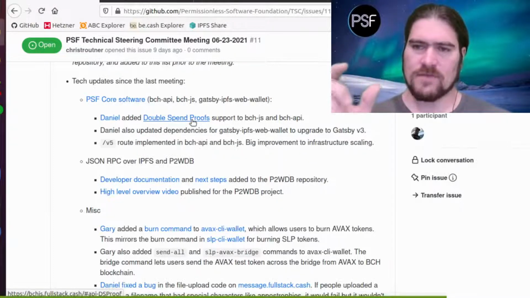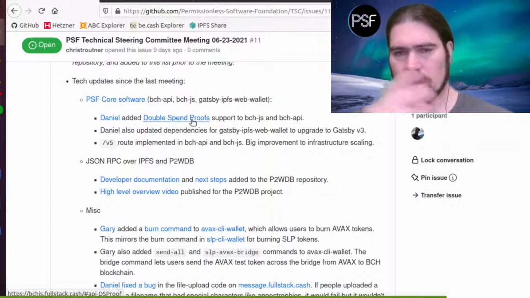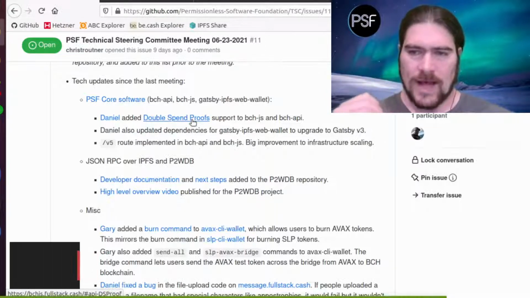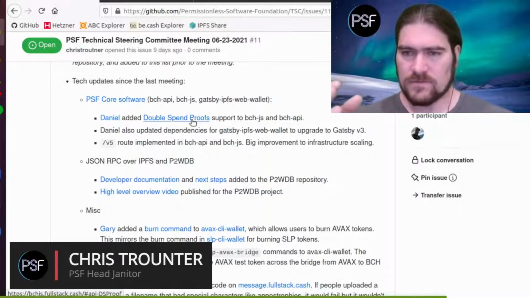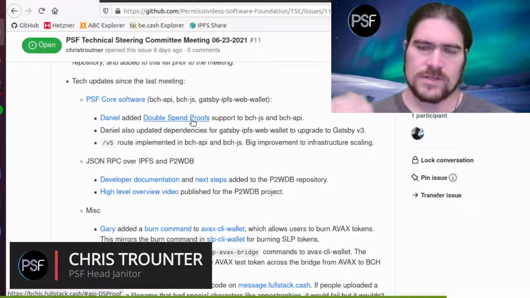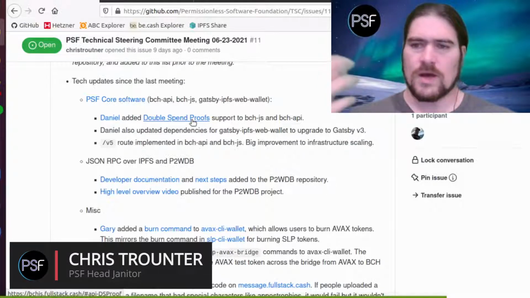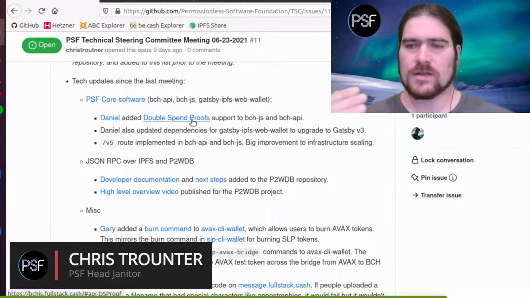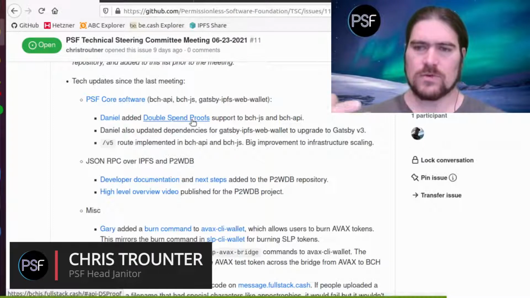They would query to see if that generated a double spend proof by calling this new endpoint that's available in BCH.js and BCH API. If it returns nothing, like no data comes back, then the transaction is safe, and you can then safely give the customer their product or deliver the product. This doesn't have to be a physical product. This is more than likely a digital product or service. And you don't have to wait for one confirmation. You can be about 98-99% confident that that's not a double spend and the transaction is going to be included in a block.